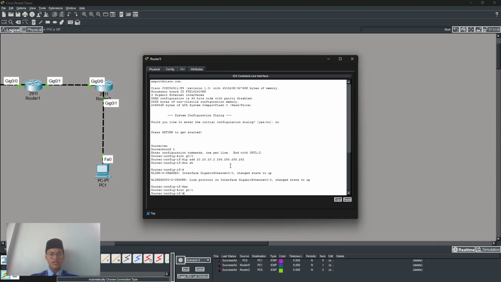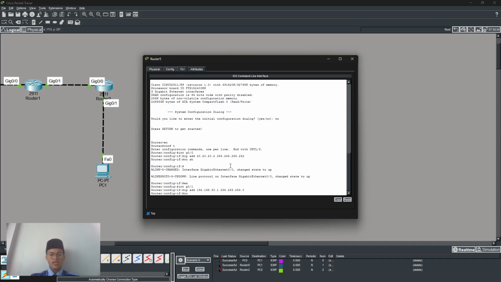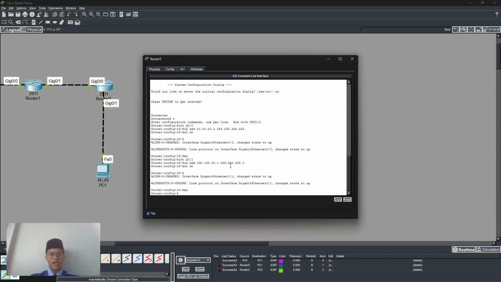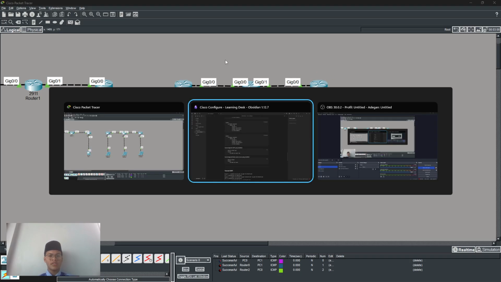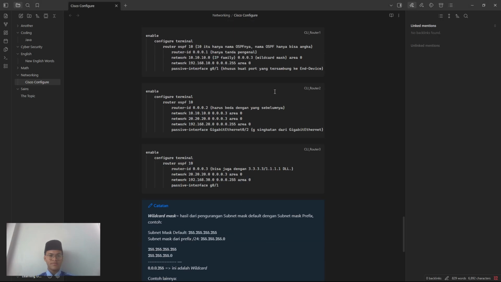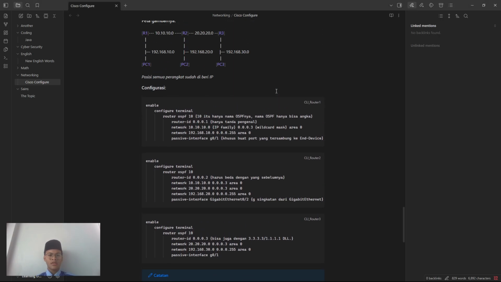Interface G0/1 with IP address of this one 255.255.255.0, and no shutdown. Okay, and exit. Okay, for the first one, we have a router ID, so remember it. So we should have a router ID. Okay, so here,